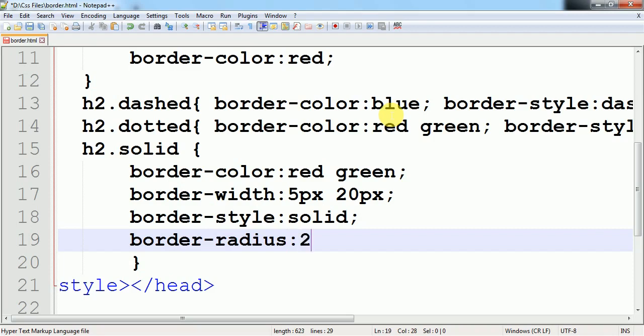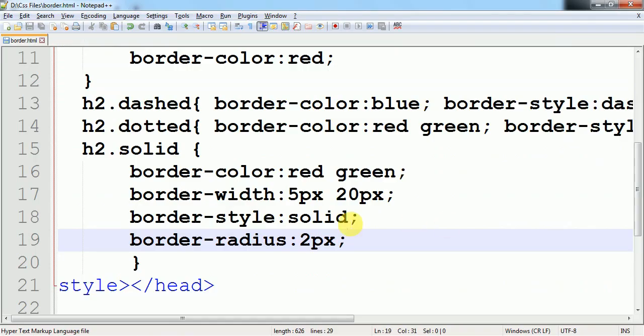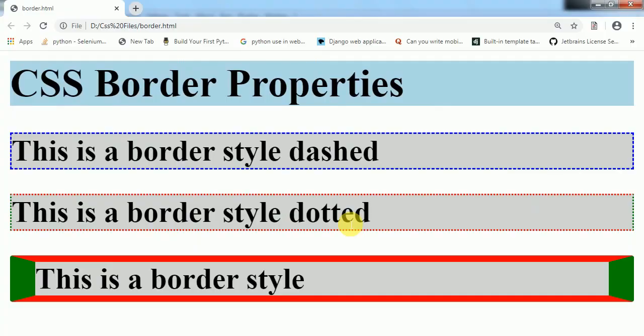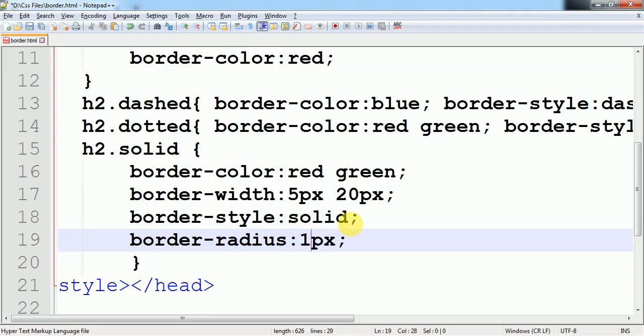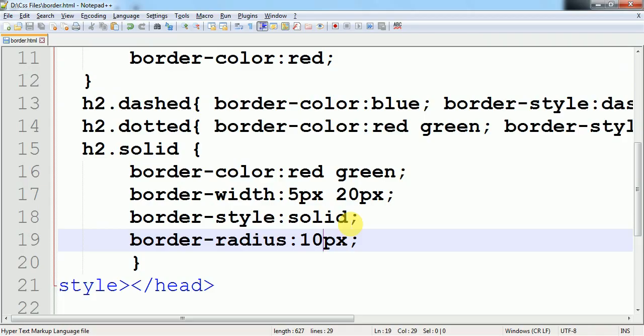So we give here 2 pixels as a value. So see the effect of this one. So a little bit it curves from all the sides. So if we increase the value, it is visible to us clearly whether it is curving. Yes, it curves. If we give 10, as you increase the value, it becomes round from the border, a rounded border. We use which property? Radius property.